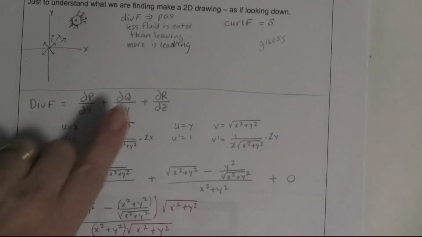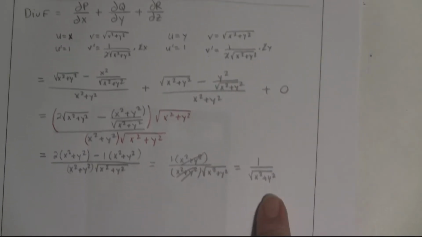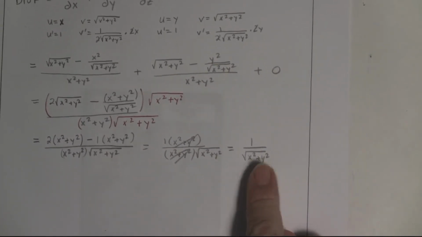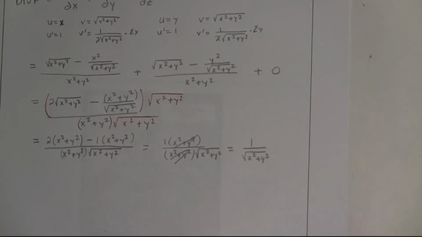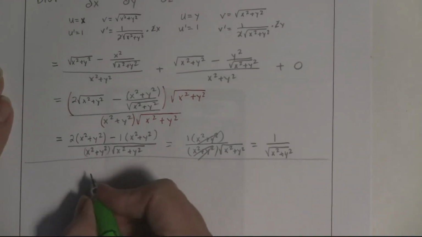What I had guessed, remember this was a guess, is that it would be positive. And you can see that for all values of x and y, this is a positive value. And so pretty good guess on that. I don't get that lucky that often. The curl